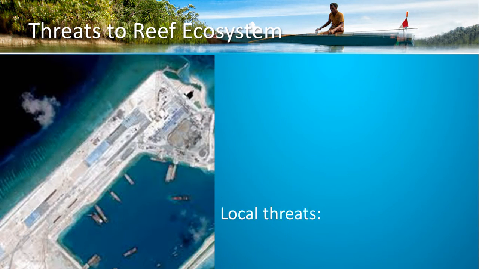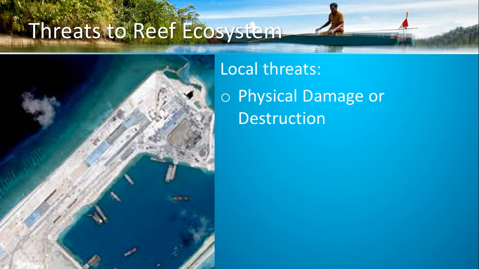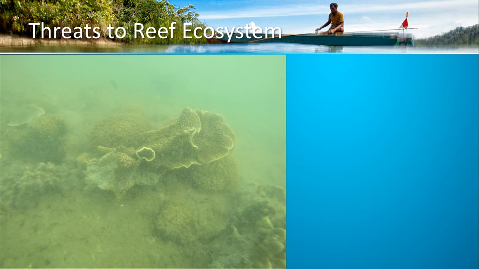For local threats, we have here physical damage or destruction, from coastal development, dredging, quarrying, destructive fishing practices and gear, both anchors and groundings, and recreational misuse, for example, touching or removing corals. We also have pollution that originates on land but finds its way into coastal waters. There are many types and sources of pollution from land-based activities. For example, sedimentation, as you can see in the picture, from coastal development,